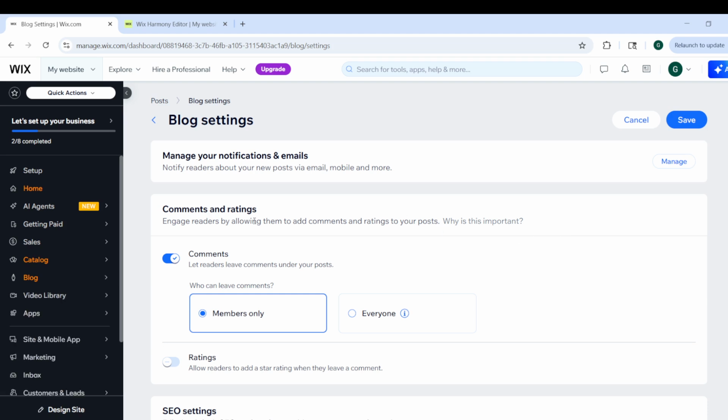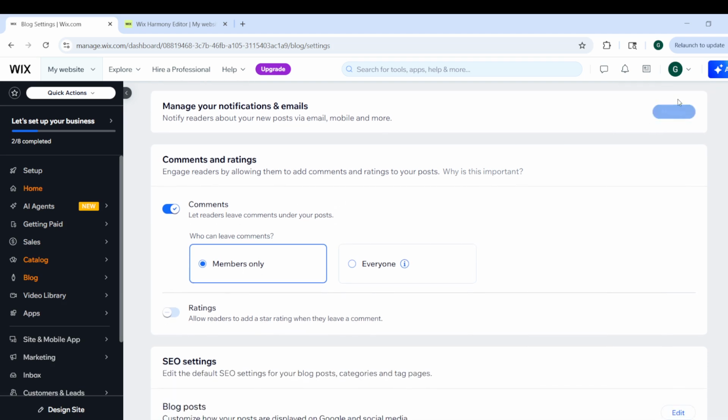Once you are in Blog Settings, scroll down until you find the section called Comments and Ratings. This area is important because it controls whether visitors can respond to your blog posts. Look for the option labeled Comments. Next to it, you will see a toggle switch. Click that toggle to turn comments on. When this setting is enabled, your blog posts can begin accepting comments from readers, depending on the permission setting you